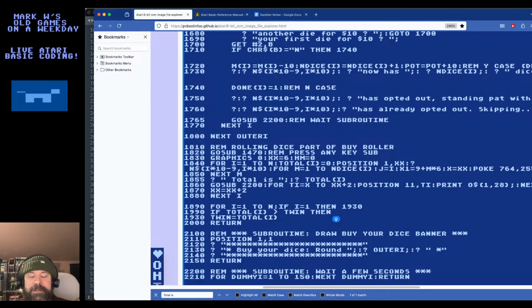I'm not keeping track of the index of the winner so far. That's something I have to do. I need 2 values to keep. There's probably other ways I could do this, but I'm gonna go with this. Winner equals, this is the player number who won. I'm just gonna do a winner equals I. Right. So after all this runs, this is supposed to be 1900, isn't it? Yeah, 1900, not 1990.